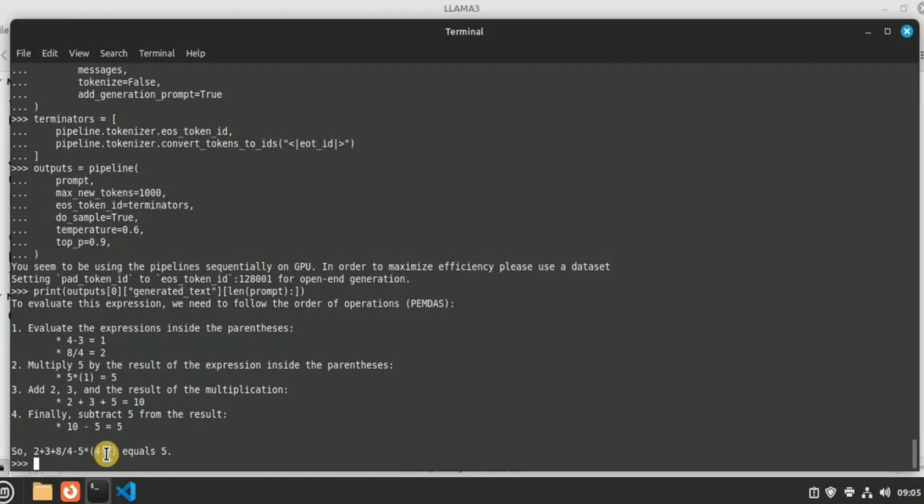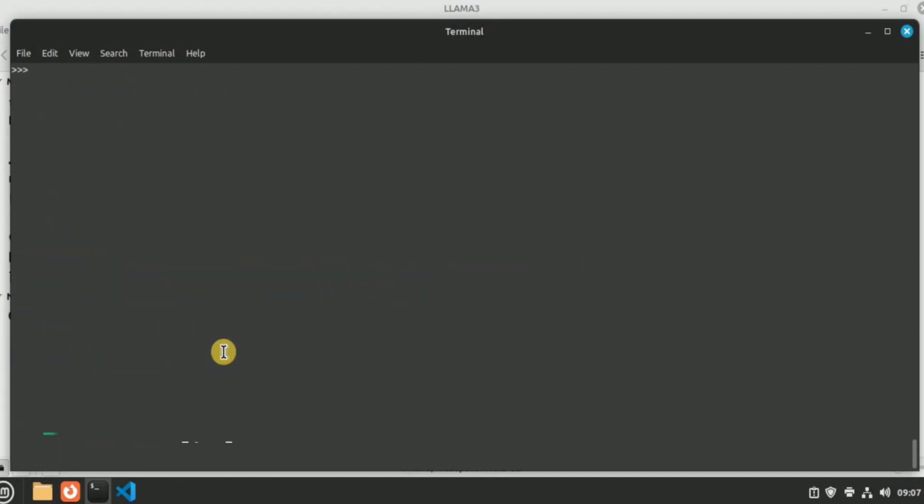So we have solved this part and we have solved this entire equation. So this leaves us with 2, 3, 2 and 5. So here it is adding 2, 3 and 5, which is the result of the multiplication, which leaves us with this part, which is 2. But it has left this part, it says the answer to be 10, and then it has again subtracted 5 from it. And here it made the mistake, so the output is wrong.